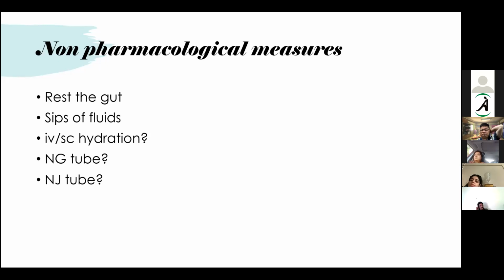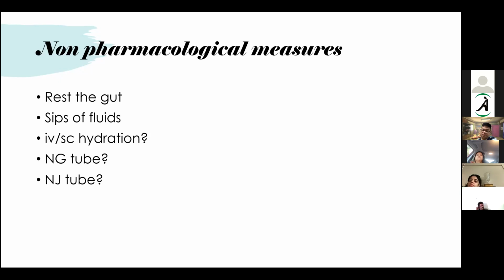Whenever there is a gastric outlet obstruction or upper intestinal obstruction, if a tube can be negotiated through that opening, we can put in a nasojejunal tube. It will go straight into the jejunum, so we can actually feed through the tube like we do in an NG feed. Even when the disease progresses and the obstruction becomes complete, that tube will remain there, which can act as a way of feeding and giving medications for that patient. So the NJ tube is something that we can consider as a feeding measure.